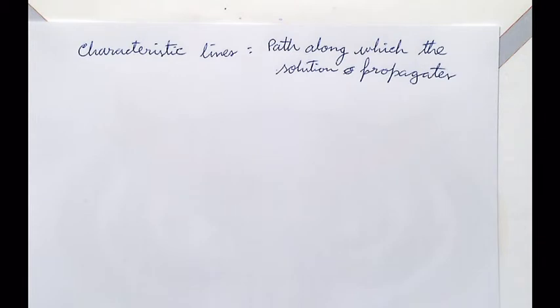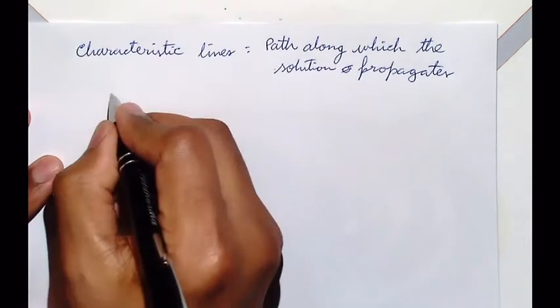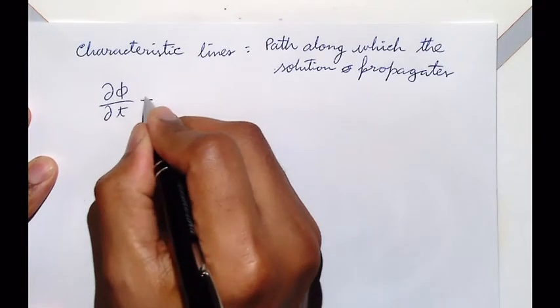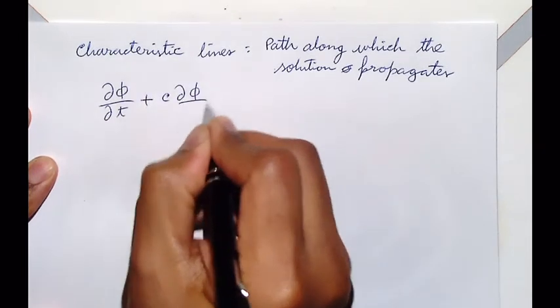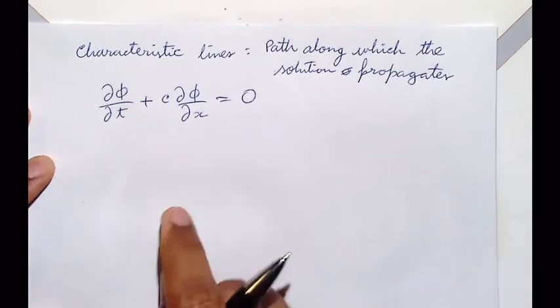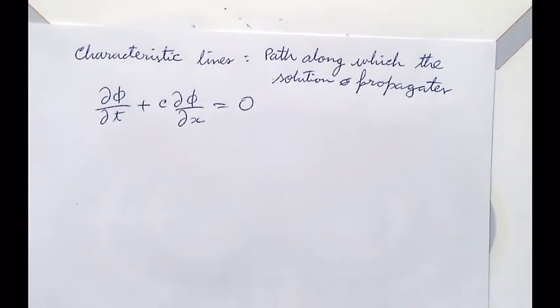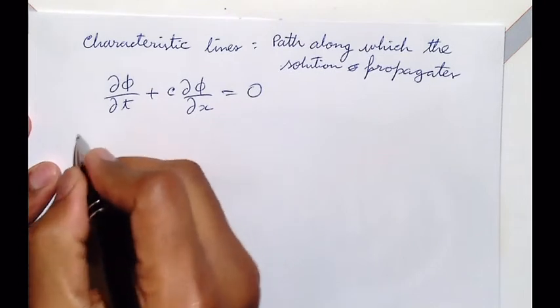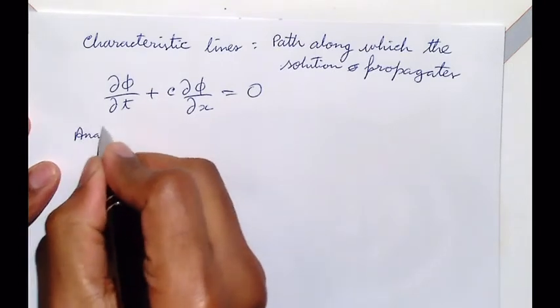Before we go into detail over there, let's take a look at again the advection equation. Del phi by del t plus c del phi by del x equals 0. So this equation actually has an analytical solution. So the analytical solution is